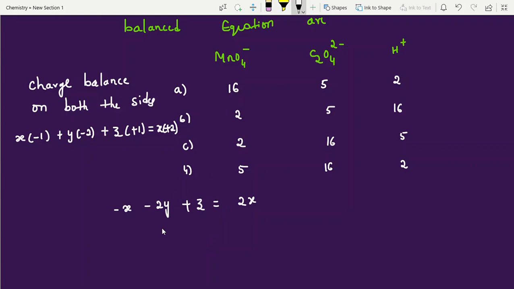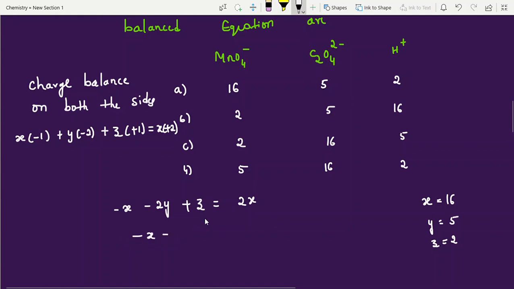Substitute here. Take the first one as X equal to 16, and Y equal to 5, Z equal to 2. You can substitute and check it. Minus 16 minus 2 into 5 plus Z. One second, students, a little more you can simplify here itself, then the calculation part is easy. Otherwise, it takes a lot of time. Yes, you have to simplify.